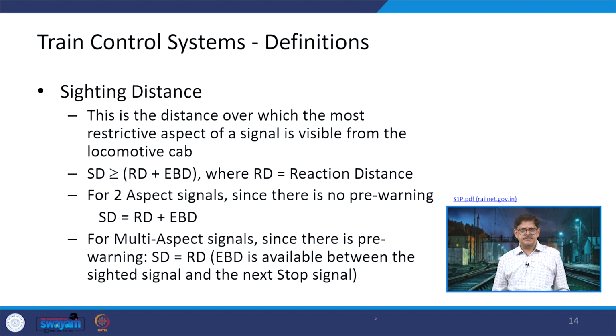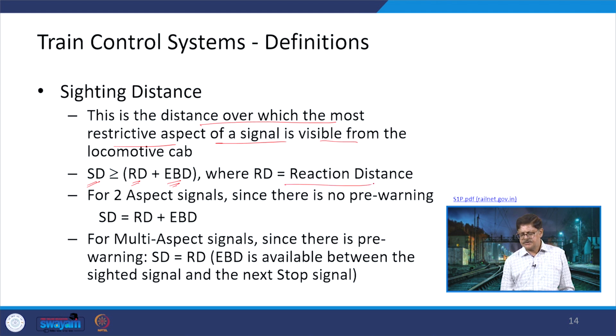Then sight distances are other things which can also be discussed here. This is a distance over which the most restrictive aspect of a signal is visible from the locomotive cab or the cabin. Now, how this value is computed and to what particular thing it is going to be equivalent is what is being talked about here. So, this sight distance is equal to or greater than RD plus EBD, where RD is